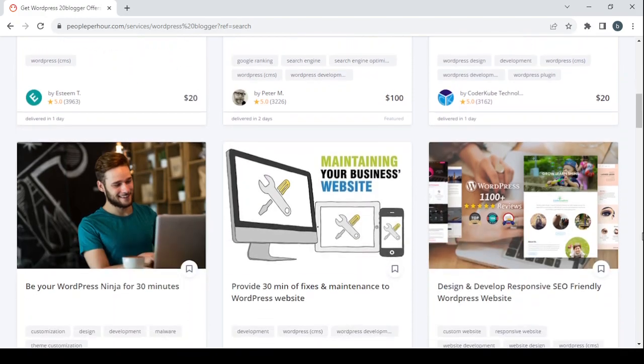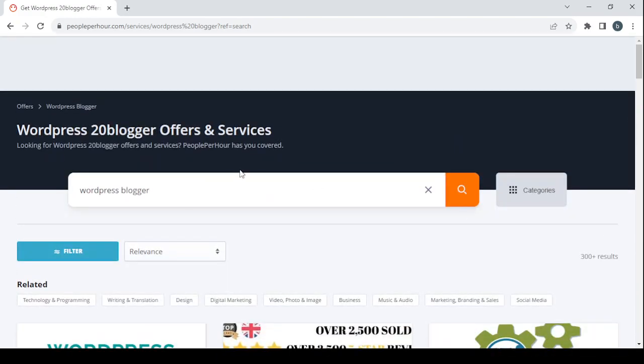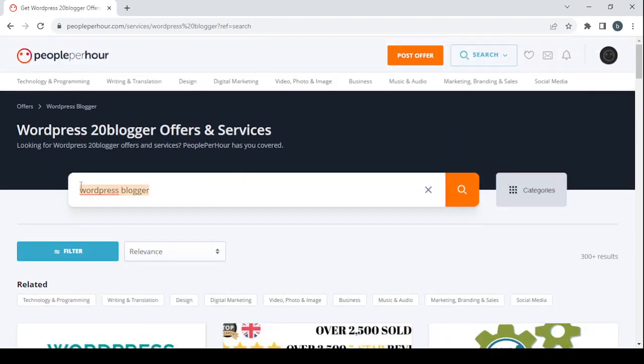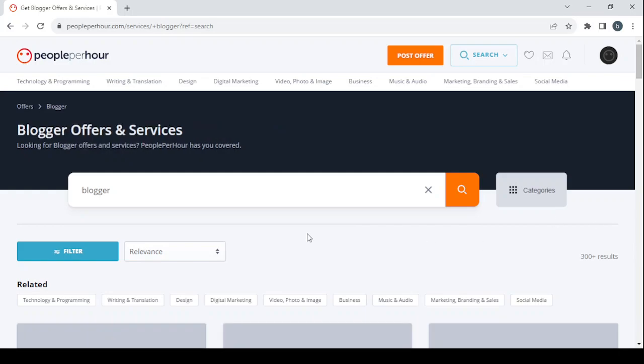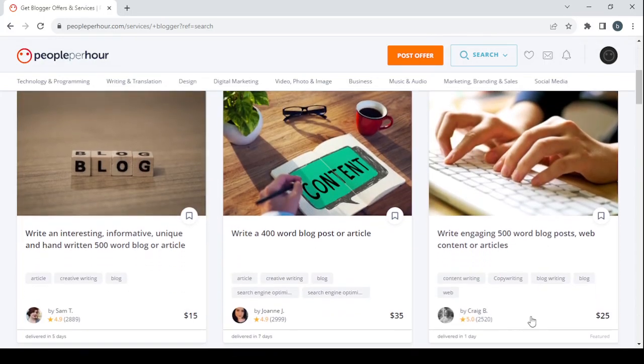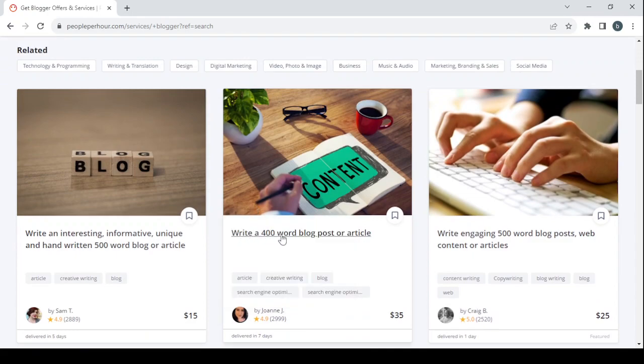This is not what we're looking for. Let's remove WordPress in order to check the bloggers. So we have write a 400 word blog post or article. So let's check this one's description